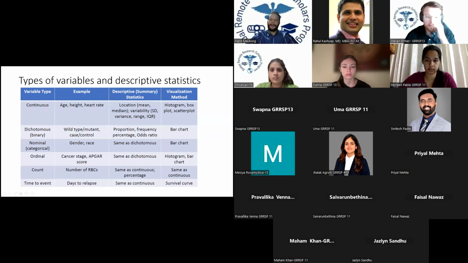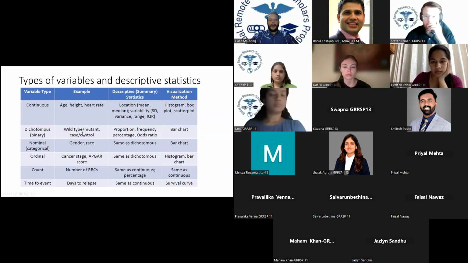And the visualization methods, which we will talk about in a second, will be basically histograms, box plots, and scatter plots. Dichotomous or binary variables, remember that these are qualitative variables. For example, wild type, mutant, talking about the genetic mutation, case and control, yes or no. These are dichotomous variables, only two possibilities, and you can describe them by proportion, which is